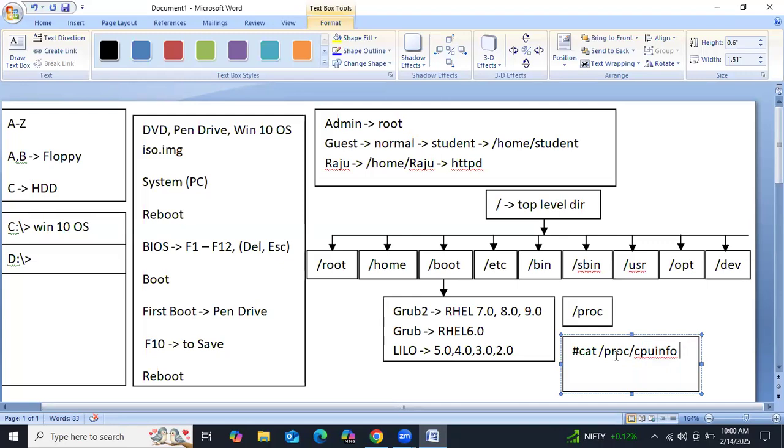Where is it located? Inside the proc directory. Directory means folder. Proc is one folder. Inside the proc folder, we have one file called cpuinfo. We are going to get the CPU information from proc cpuinfo. Okay. Next, cat